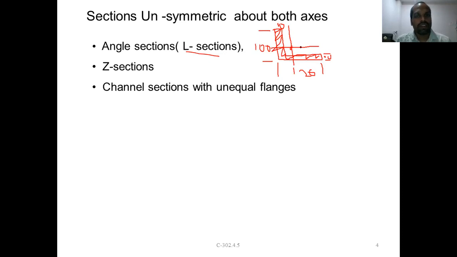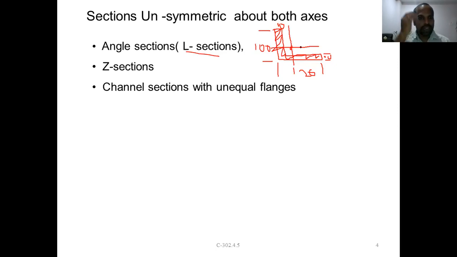As we discussed during the topic of centroid, the centroid of a section can be within the area or outside the area of the section. Whereas the center of gravity is not like that. The center of gravity always passes through the section. It cannot be outside, but centroids can be outside. It need not always be. That is one of the differences between center of gravity and centroid.